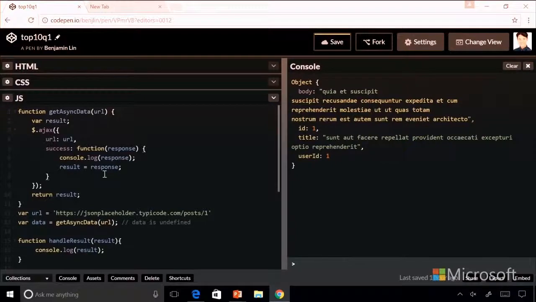In the demo code, we have a function called getAsyncData that makes a network request to get some data asynchronously. The result of the network request is handled by a success callback function. A common mistake is trying to store the results of the asynchronous response in a variable that is declared outside